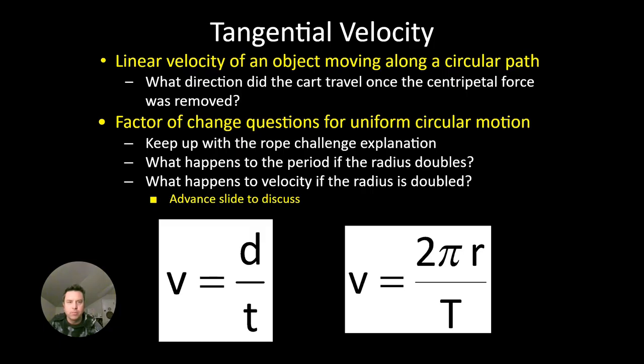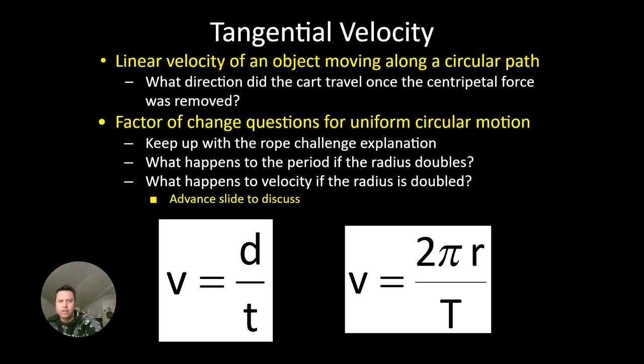The factor of change questions real quick. What happens to the period if the radius is doubled? So you double the radius. The factor of change ones, it's been a while since we've done these, but anything that doesn't change becomes a 1. This is a little math shortcut. Again, I can show you the longer way, or you can go back and watch the Edpuzzle factor video if you really want to. But the shortcut way is that basically you're dividing the final conditions by the initial conditions, and things cancel out to 1. So because 2 always stays the same, it becomes a 1. Pi becomes a 1. Now the radius doubled,